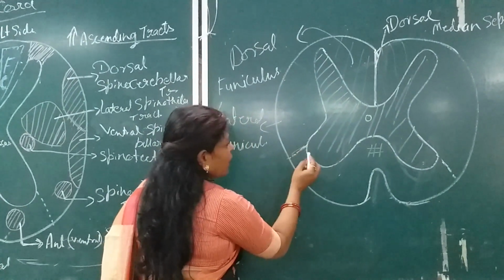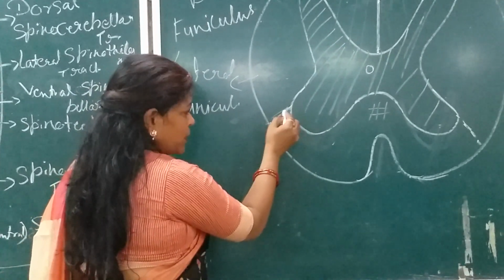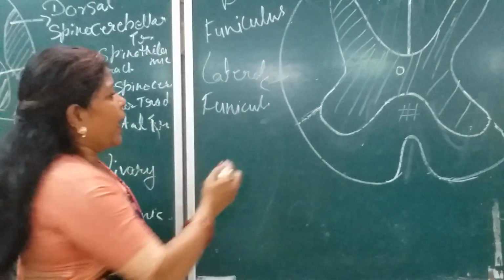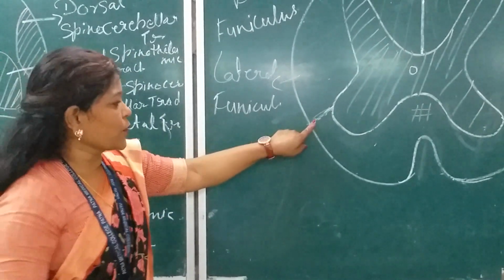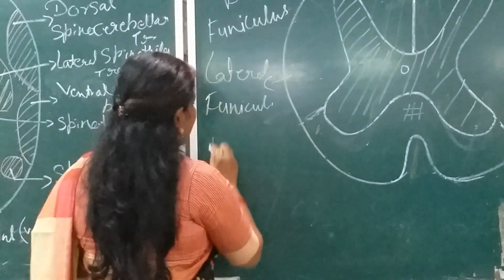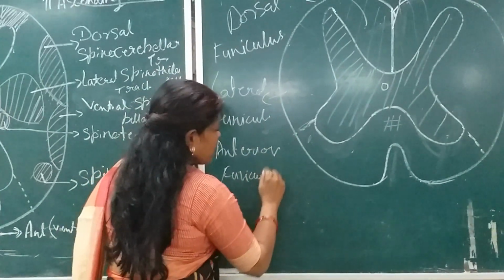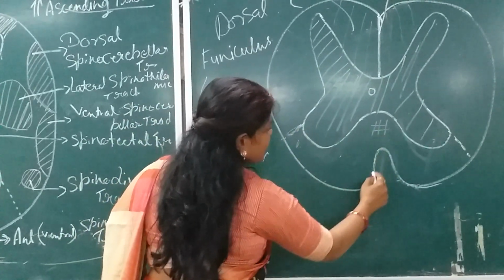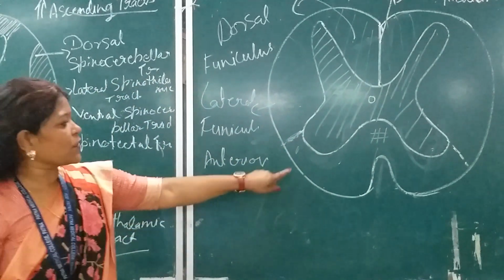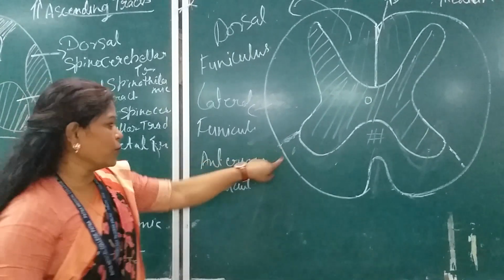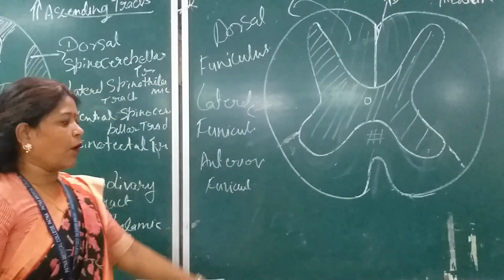Now this, look here, what is this? This is the ventral grey horn, and this is the area, an imaginary line, which is marking the lateral exit of the ventral nerve roots, the lateral most part of the ventral nerve roots. So the ventral or the anterior funiculus is the area which is bounded medially by this anterior median fissure and laterally by the lateral most fibers of the ventral root of the spinal cord. So this area is known as the anterior funiculus or the anterior column.